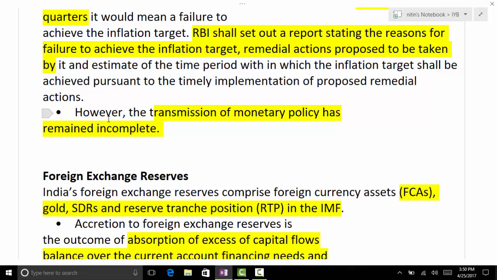The question is, why was there incomplete transmission of monetary policy? Because banks weren't willing to lend that freely because the market was dull. But still you have not come to the right logic. You have told the reason for why there has been a decline in credit growth, but this was not my question. Even though you may have somehow linked it, you are giving the answer to why there was already so much of